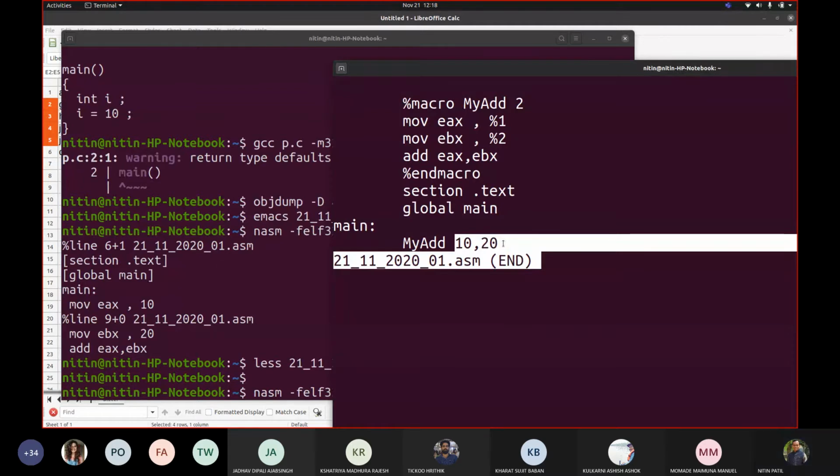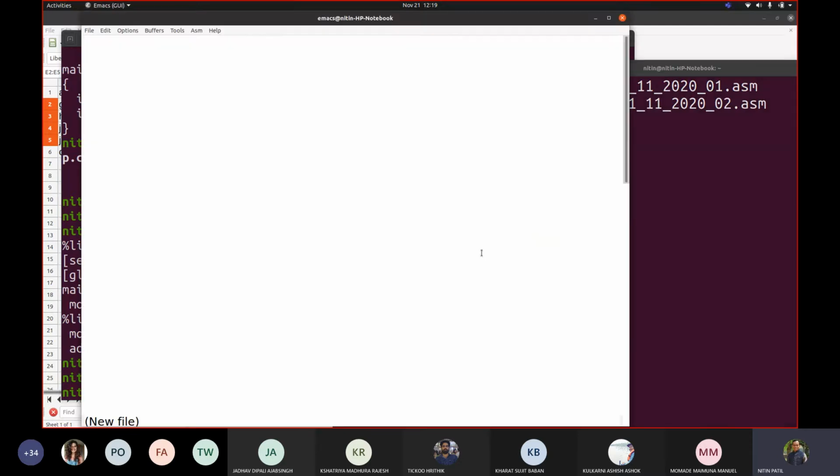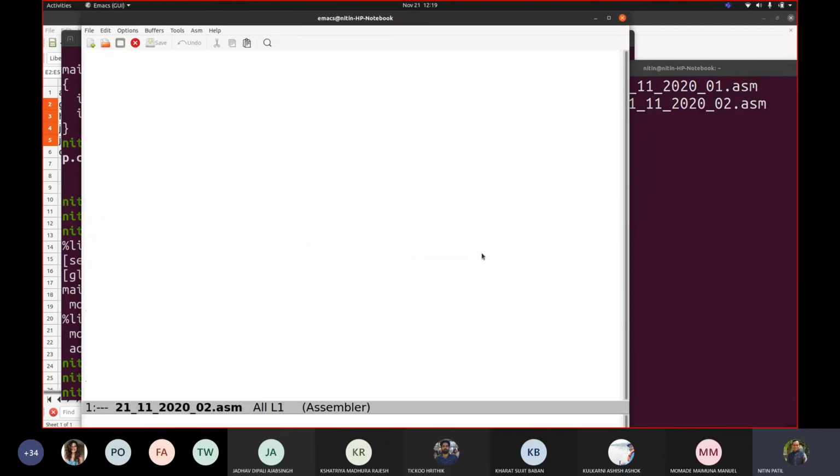Fine. Now suppose we will write a code here. So emacs 2111_2020_02.asm. %macro factorial, we want the parameter count to be 1.